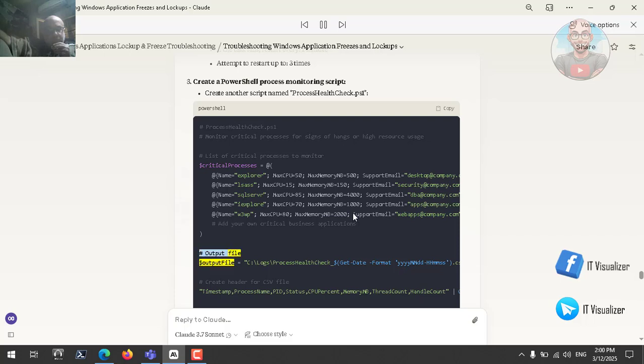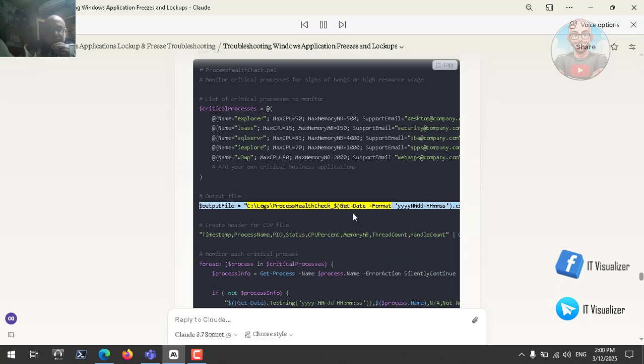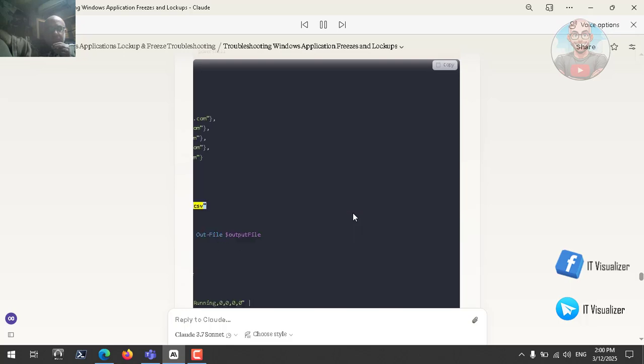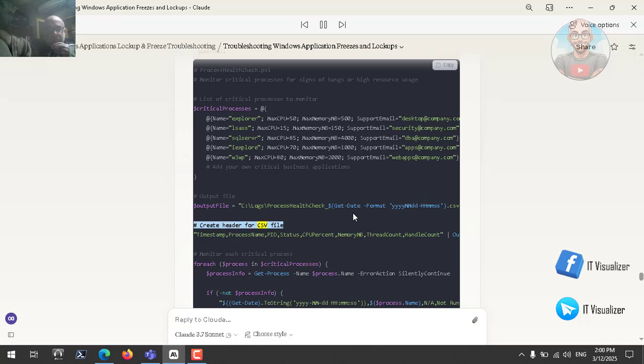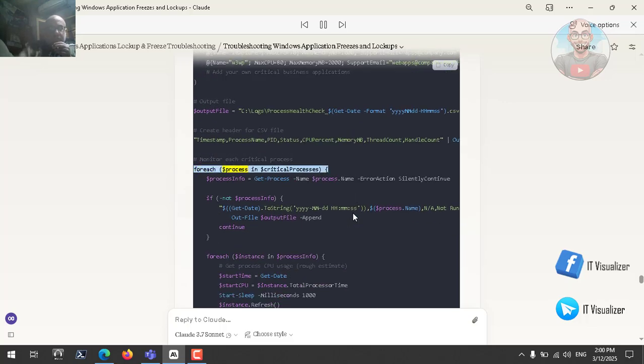# Output file = C:\logs\ProcessHealthCheck_ (Get-Date -Format yyyyMMddHHmmss).csv. # Create header for CSV file: Timestamp, ProcessName, PID, Status, CPU %, MemoryMB, ThreadCount, HandleCount. Out-File $outputFile. # Monitor each critical process. foreach ($process in $criticalProcesses) { $processInfo = Get-Process -Name $process.Name -ErrorAction SilentlyContinue. if not